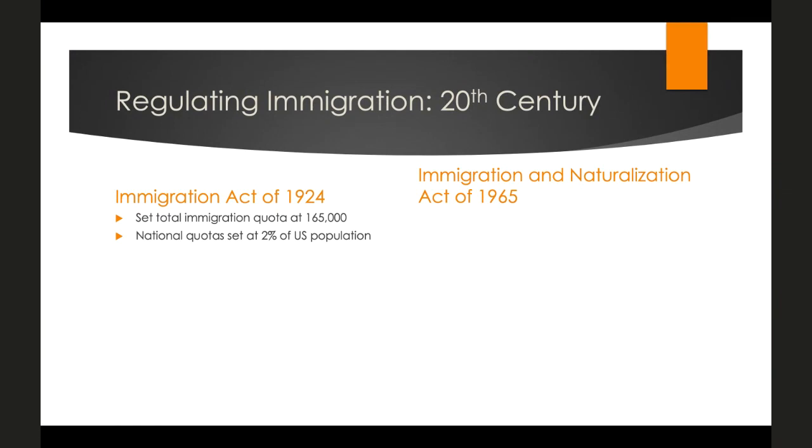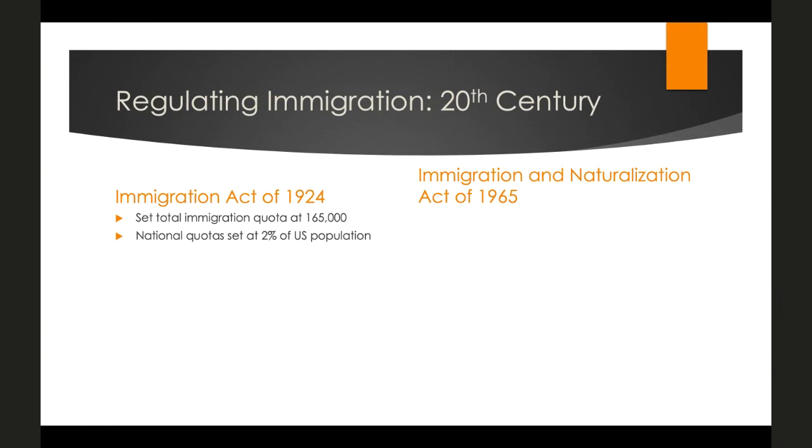And the idea here was that each nation would be allowed to have immigrants numbering 2% of that nation's representation in the U.S. population. So this basically created a kind of freeze on the distribution of national origin in the United States population,